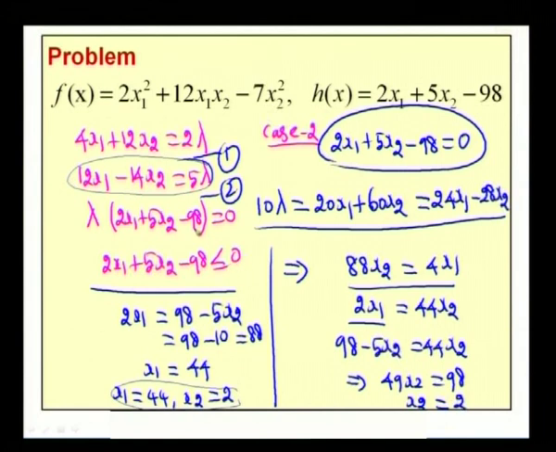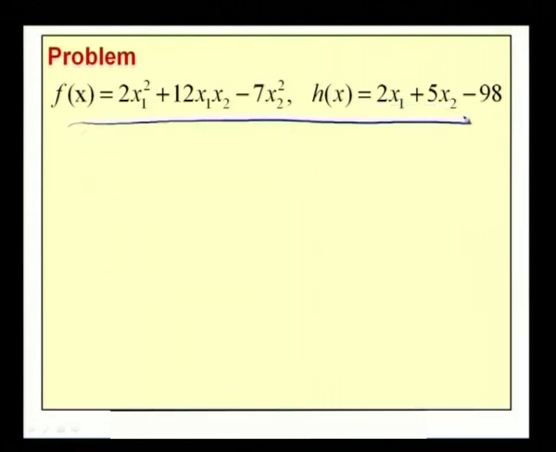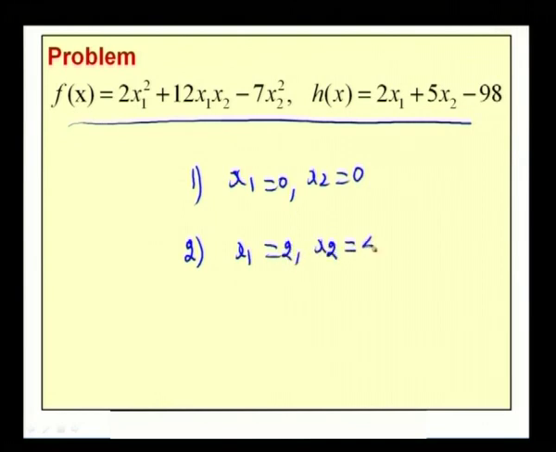Equation 4 satisfied, equation 3 satisfied, and 1 and 2 satisfied. Therefore, as far as this problem is concerned, we have two possible solutions. The first solution is x1 equal to 0 and x2 equal to 0, which satisfies all the conditions of Kuhn-Tucker. And the second possible solution is x1 equal to 2 and x2 equal to 44. Now, since the given objective function is maximum, we will get the maximum z value for this x1 and